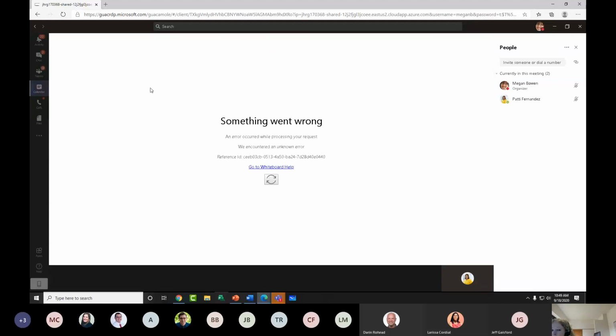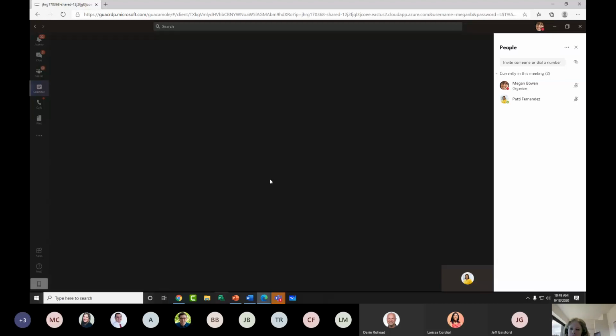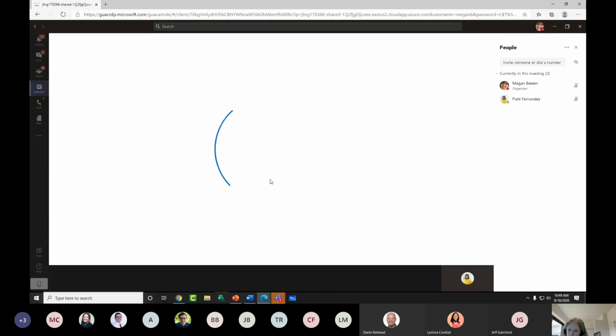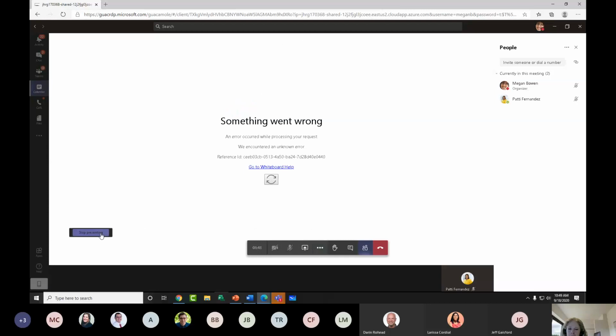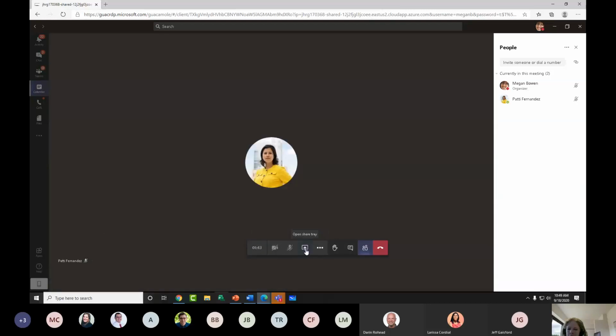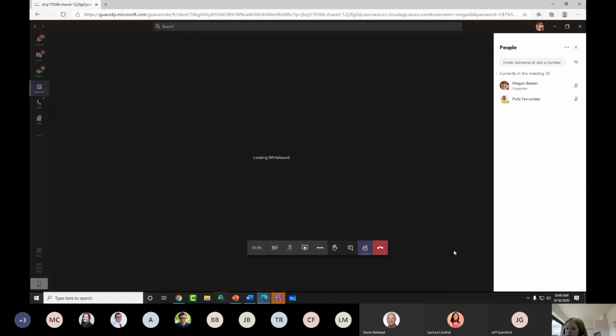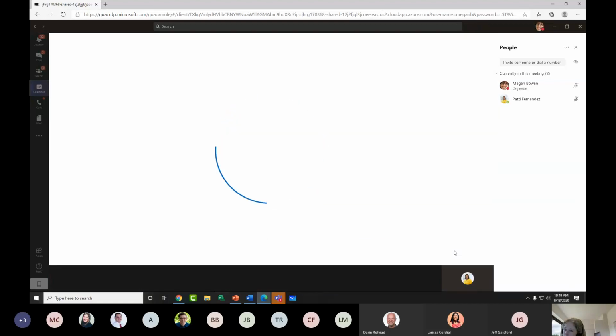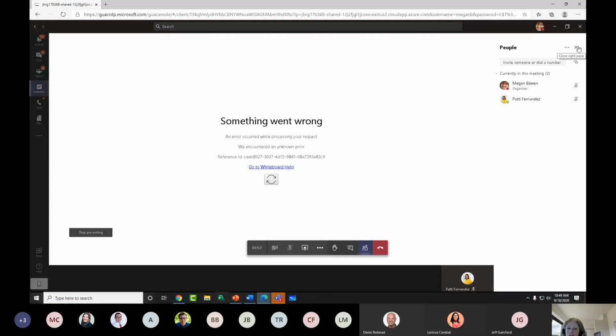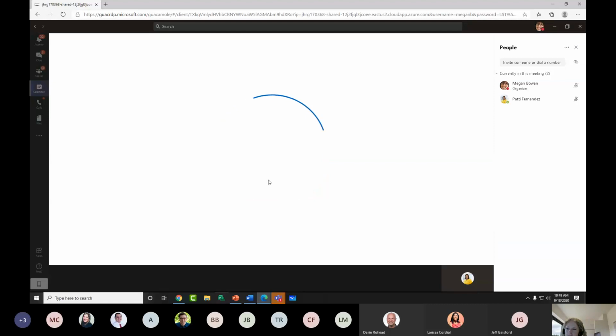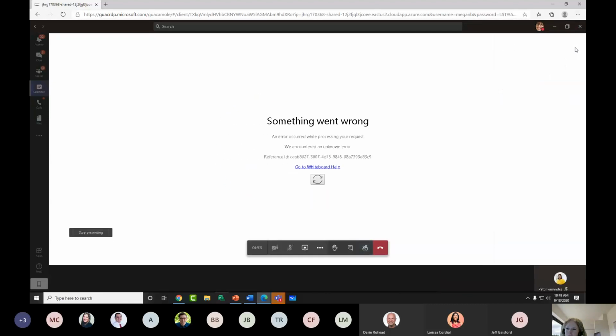But anyone who is from inside my org, and sorry, it looks like it decided to quit there. So let's open it back up. This isn't you guys. This is my fun little environment. I'm going to try to restart it really quick. But anyone who's in the meeting can actually participate as long as they're from the organization. They can participate in the drawing experience. I'm going to see if we can reshoot it one more time, and if it doesn't behave, I'm going to do a different approach.